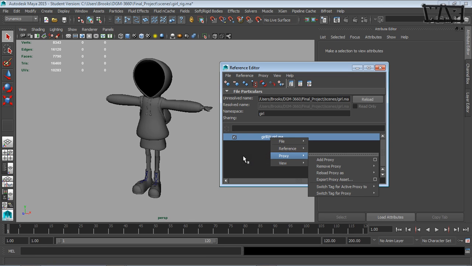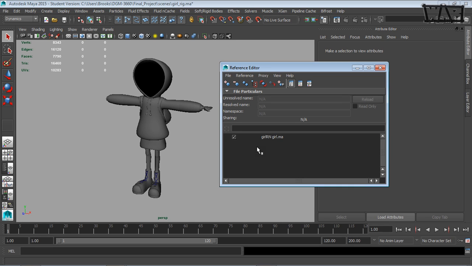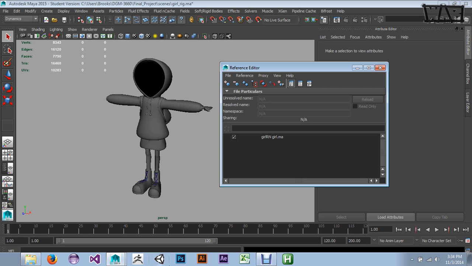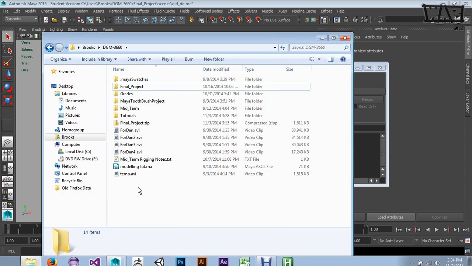Now there's a danger to this. If you do not have your project set, you are going to be in a world of hurt. This is not going to work for you, and it's just going to be a pain. So set your projects. Also, you'll want to be aware